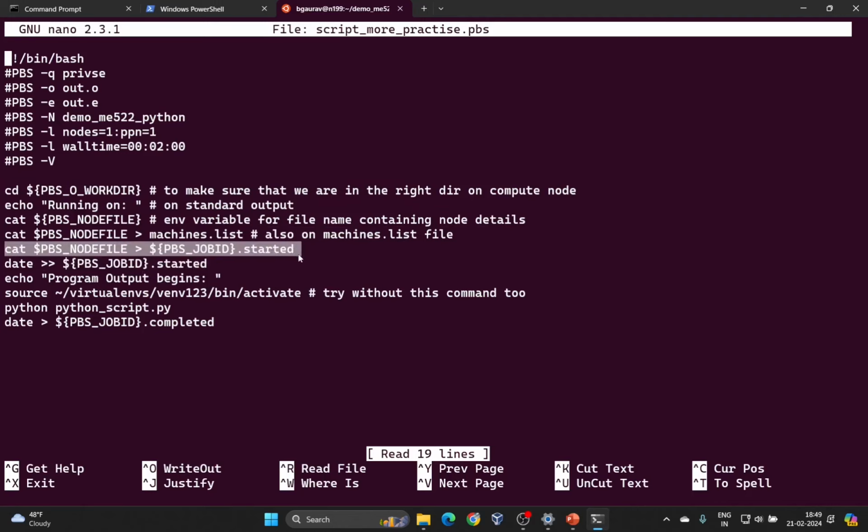Well, this one simply generates a file called PBS underscore job ID. This is an environment variable which is going to be the job ID, because if you have multiple jobs you will want to separate them based on some ID. So this $PBS_JOBID will actually translate to the job ID and then dot started. That is going to be the file name, job ID dot started. The first line in this file has to have some text in it, so I can store the